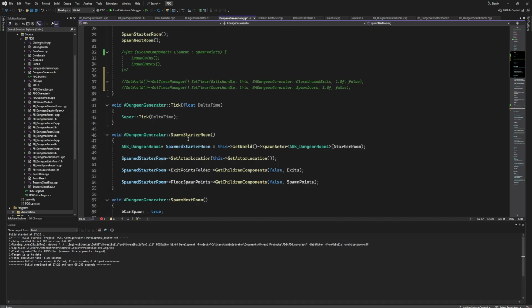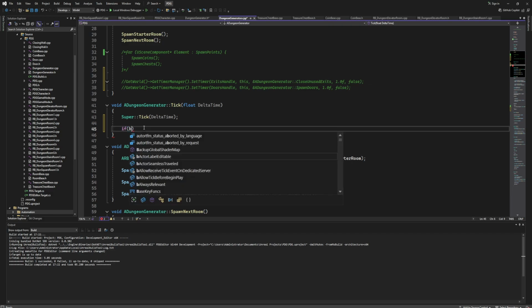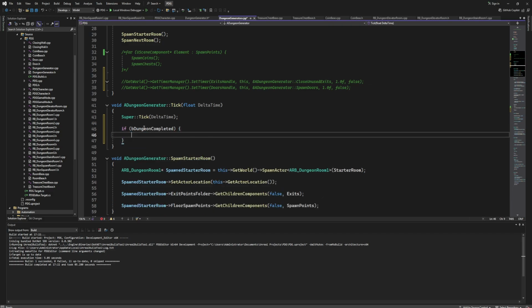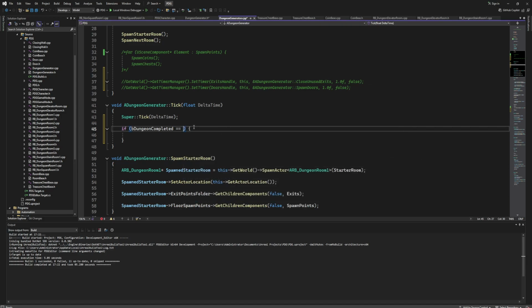So now we are going to use one thing, and that is a tick. So basically this function right here, this override function, is getting called in every frame. So basically in every moment we are going to check if our dungeon is completed or not, and here we are using the truthy or falsy values, so we can just put it like this, and we are going to check if that's true or not. So basically we are doing the same thing like this. So if the dungeon completed is double equals to true, but you can do just like this,